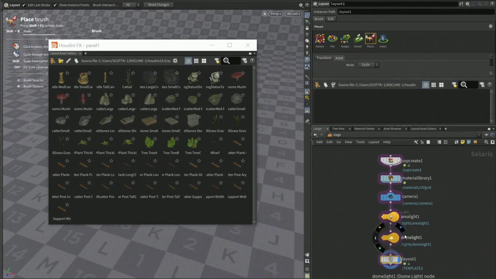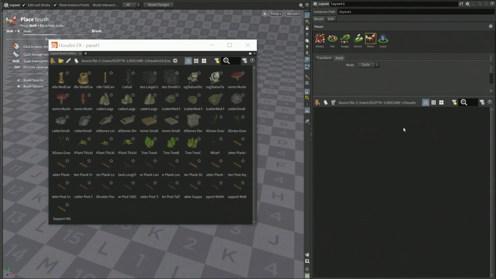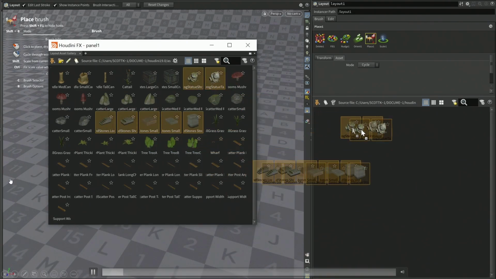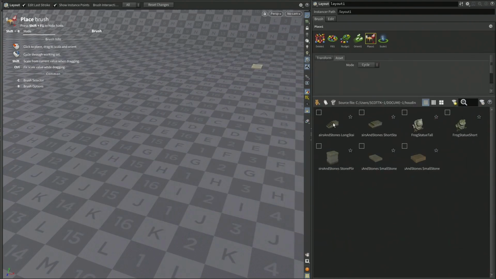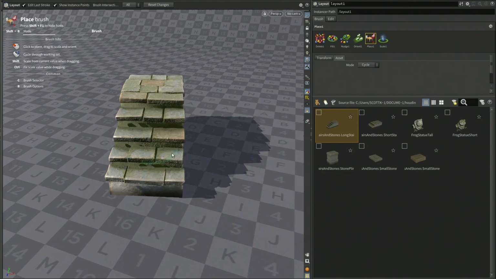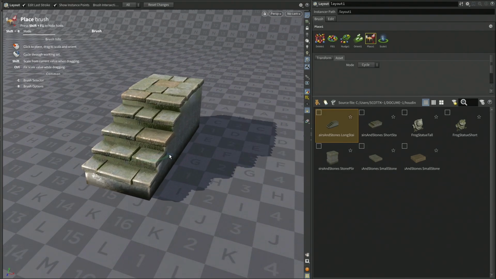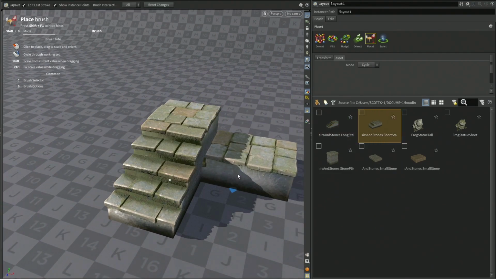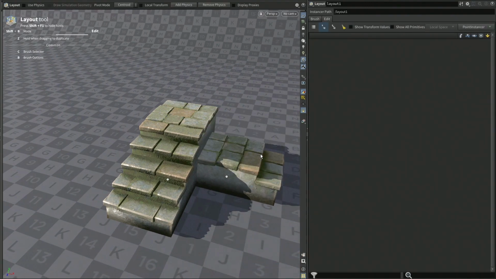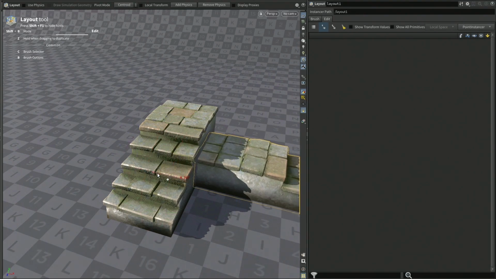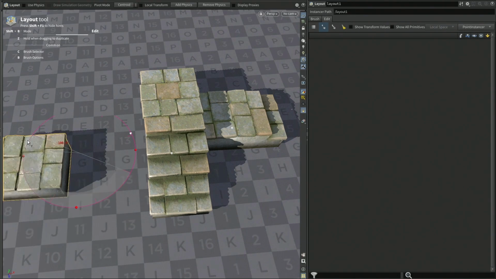The layout LOP can ingest the assets from the asset gallery. You can drag your assets to what's called the working set. You can think of it as like a palette for your brushes. You can use the brushes to place the assets inside of your scene.